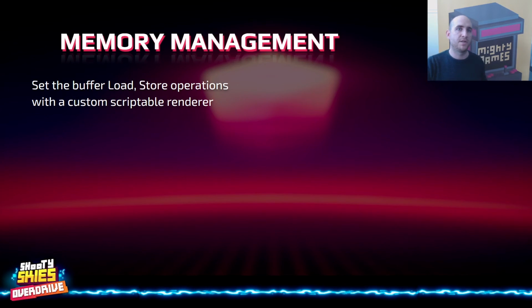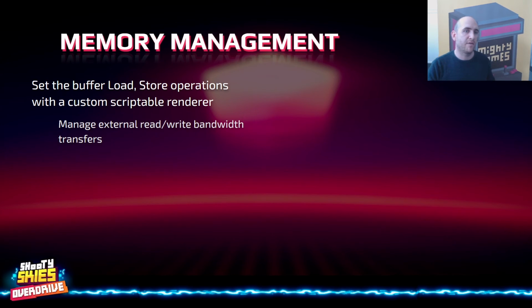Another quick thing worth mentioning that we were able to do with the Scriptable renderer was have better memory management. We were able to set each render buffer's load and store operations within the custom Scriptable renderer, and this allows us to have better management over our external read and write bandwidth transfers. As we were saying, when we look back at the Quest 2 hardware, each time we're reading and writing from the external memory to the tile memory, that's really slow,